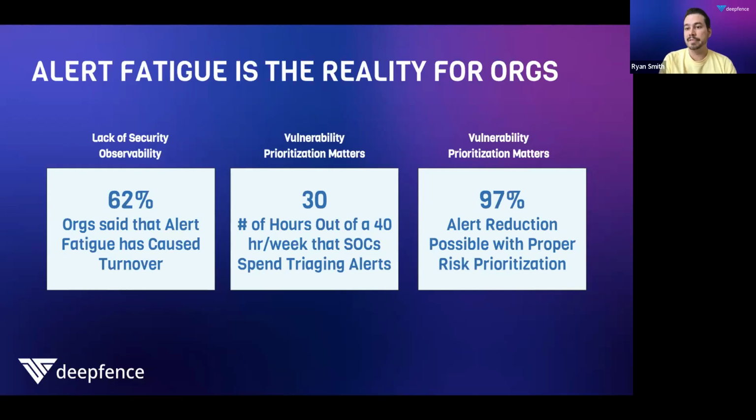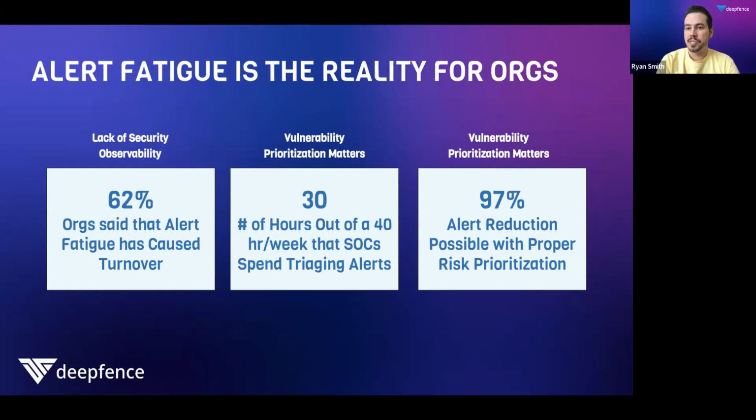All of these other key functions of a SOC go underserved because we're just dealing with alerts all day. So not only are we dealing with alerts all day, but this causes burnout, fatigue, turnover. But there's hope here, right? The statistics, the research, the data indicate that with proper risk prioritization, and what we mean by that is not just identifying vulnerabilities, but evaluating them according to their exploitability within the environment,